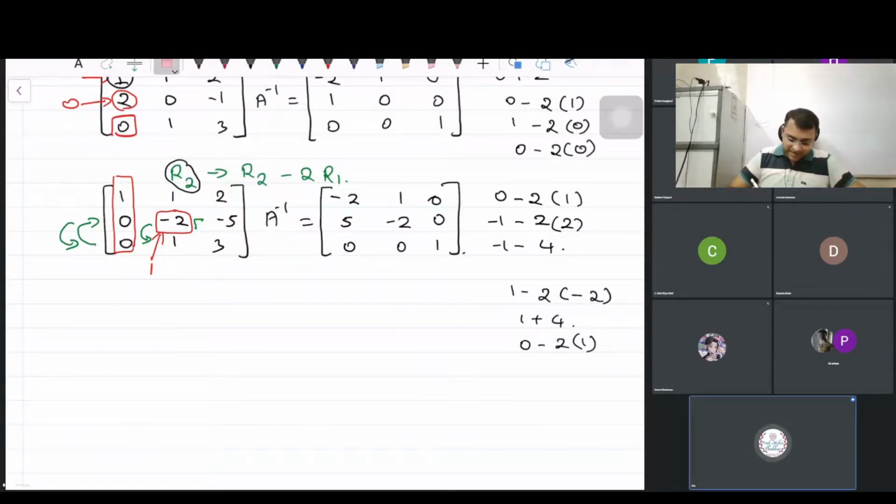Yes, absolutely right. You got my point. We have done some step to get this element into 0. If I bring this one down, this 0 will go in the above position and 1 will come in the second row, which will not be an acceptable format. That's why if you do this, your above step will go wasted. So please don't do like this. You have to always look at the numbers and play with the numbers accordingly.